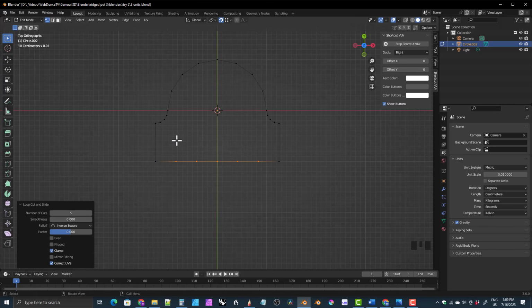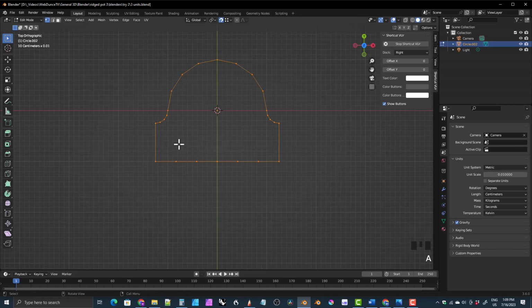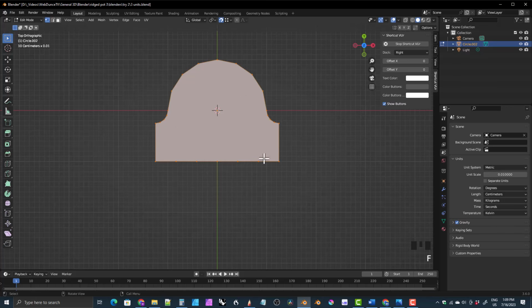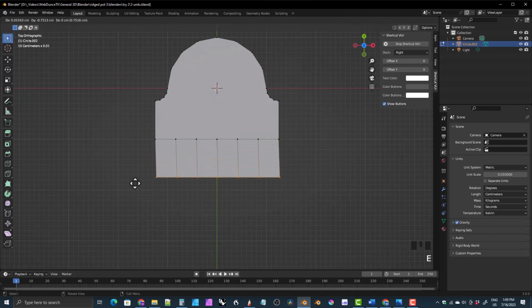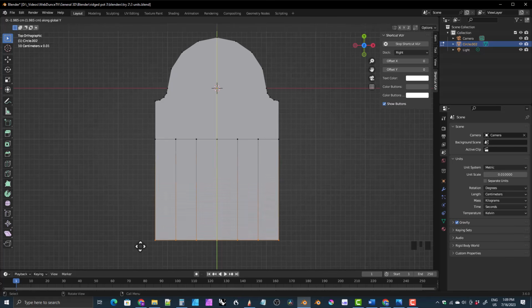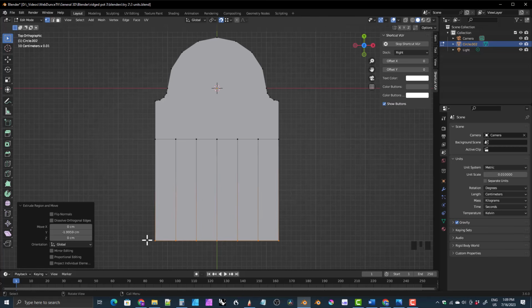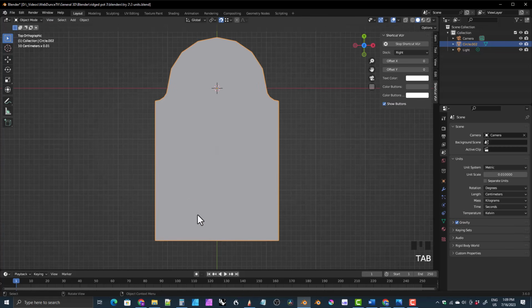Okay, and then let's hit A to select everything and press F to fill. That'll put a face in there, a giant N-gon. All right, now let's select these bottom vertices and E to extrude, and press Y to constrain to the Y axis, and pull them down about two more big sections here. Okay, all right, let's